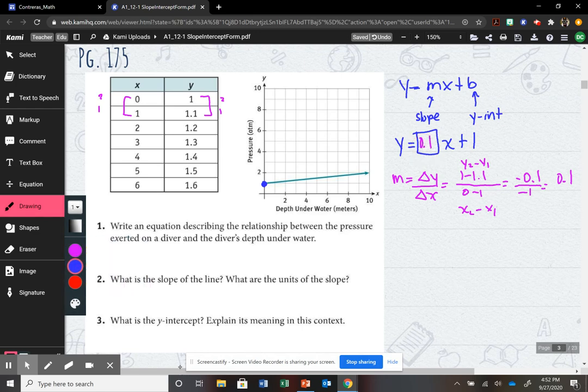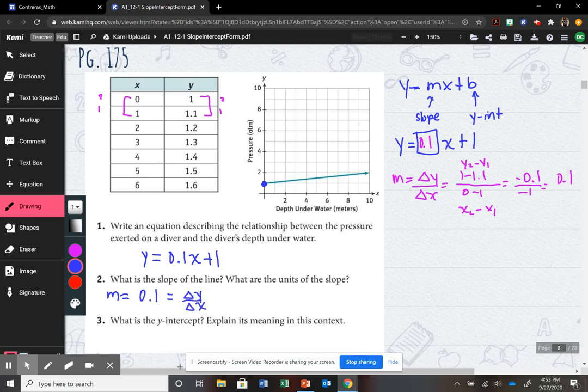So there is our formula, or our equation. We have y equals 0.1x plus 1. Okay, so we came up with a formula just finding the y-intercept and our slope. Okay, so you can pick any other points and check to make sure that is correct. All right, so it says, what is the slope of the line? What are the units of the slope? Okay, our slope here is 0.1, and that was our change of y over our